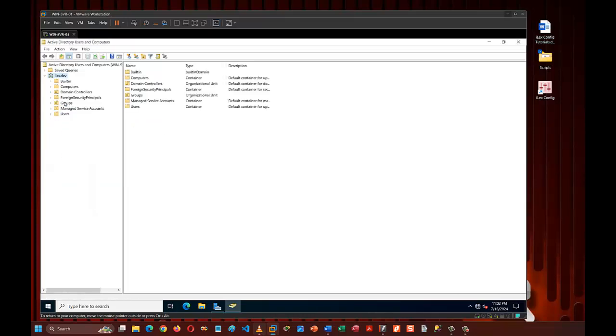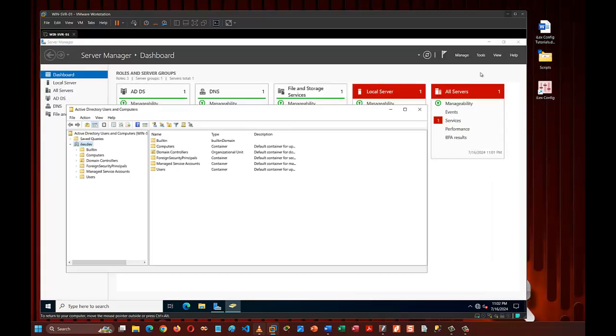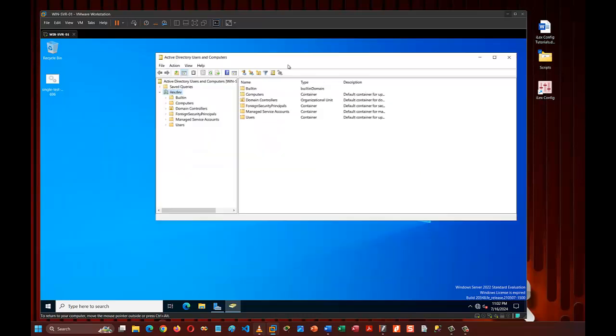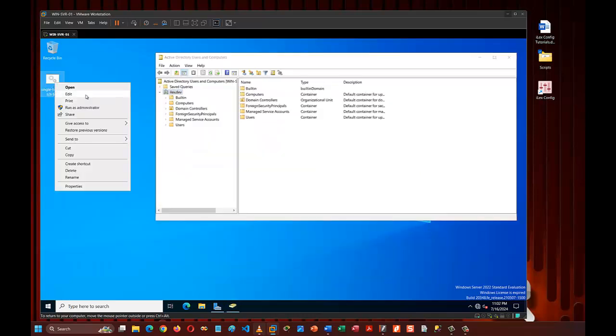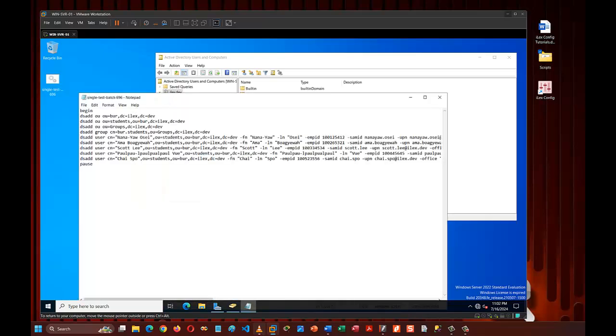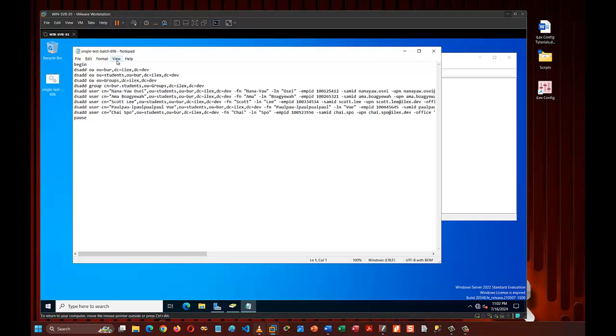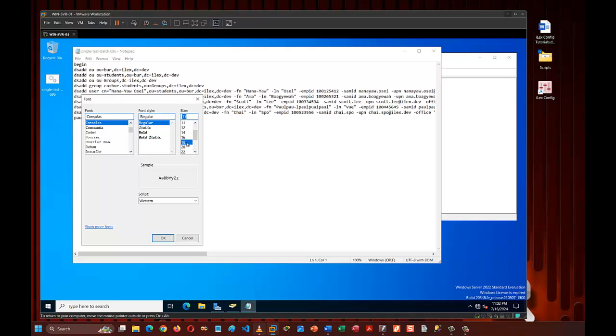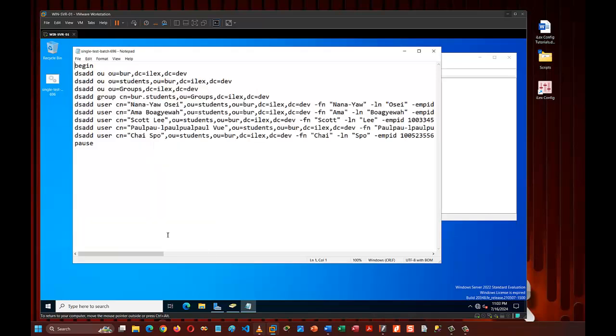I will delete them, and then I'll have a look at the scripts that I have now. I right click the batch file and go to edit, and this is my script. Let's take a closer look. Let me make the fonts a bit bigger. So when you look at it, it's creating OUs, and then it has created an OU